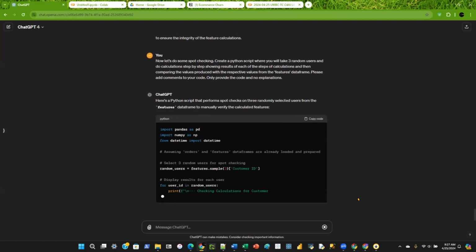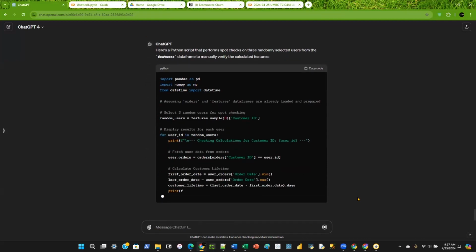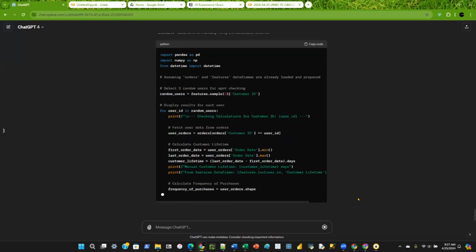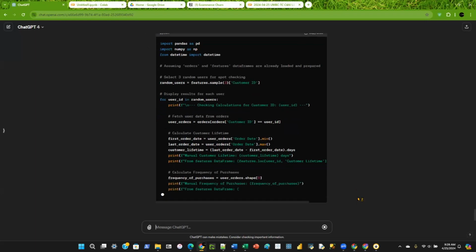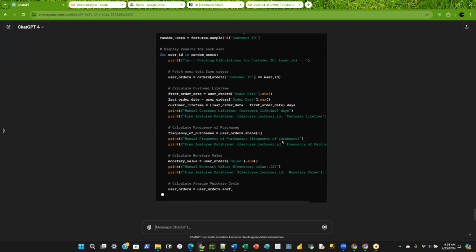So show me now on the blackboard, so to speak, or the whiteboard, your student there going step by step. Okay, this is how I calculated this feature. This is how I calculated, and look, it's the same as what's in the data frame that I created for you previously, right? So it's going to select 3 random features for spot checking.